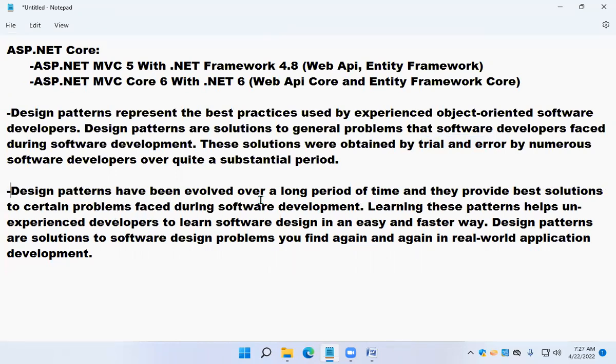Design patterns have evolved over a long period of time and they provide the best solutions to certain problems faced during software development. Learning these patterns helps inexperienced developers learn software design in an easier and faster way. Design patterns are solutions to software design problems you find again and again in real-world application development. As I said, these are just the solutions to the problems that we come across in the real world